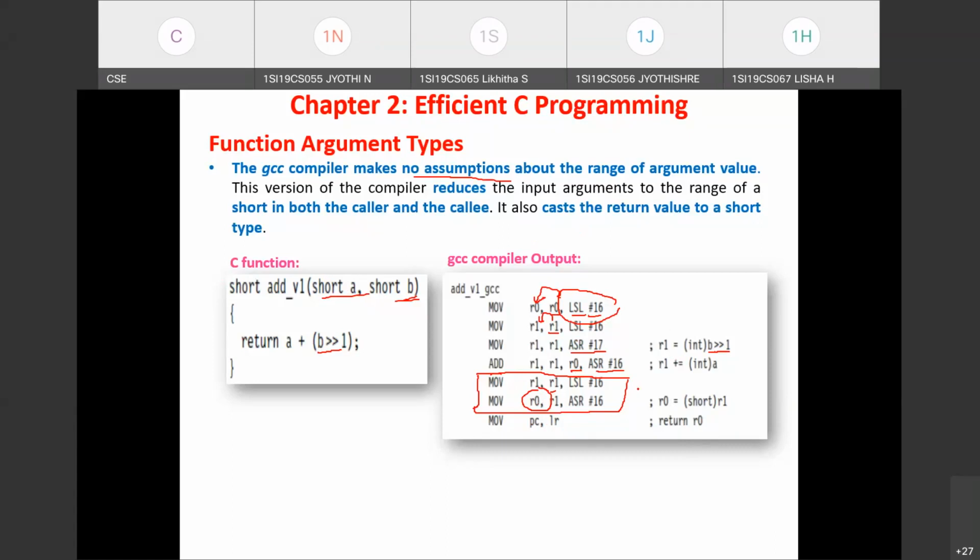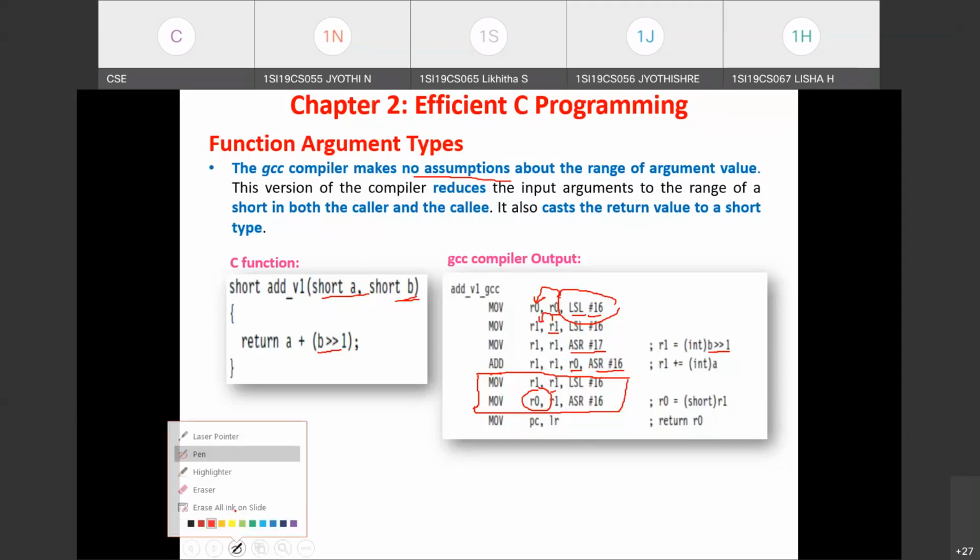Okay. So what you can notice, two compiler outputs we just analyzed. In the first compiler output, where ARM-CC compiler has generated the output for the same C code, it has assumed the arguments are passed narrow, whereas the return value is also passed narrow. That means in the called function, only the reduction is done to the return value. Whereas in this output, what you are seeing is the reduction of the value is done not only to the return value, but also to the formal arguments A and B. So this is what you are seeing in this GCC compiler output.